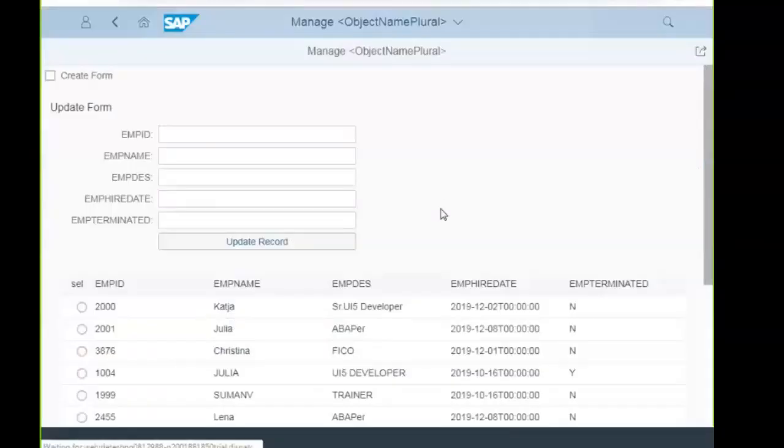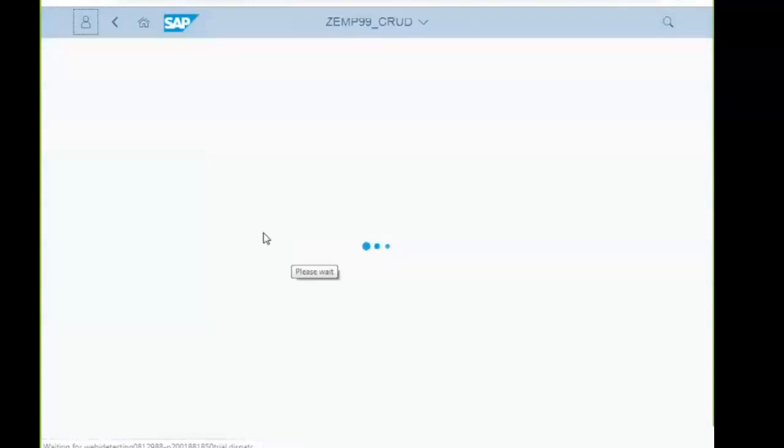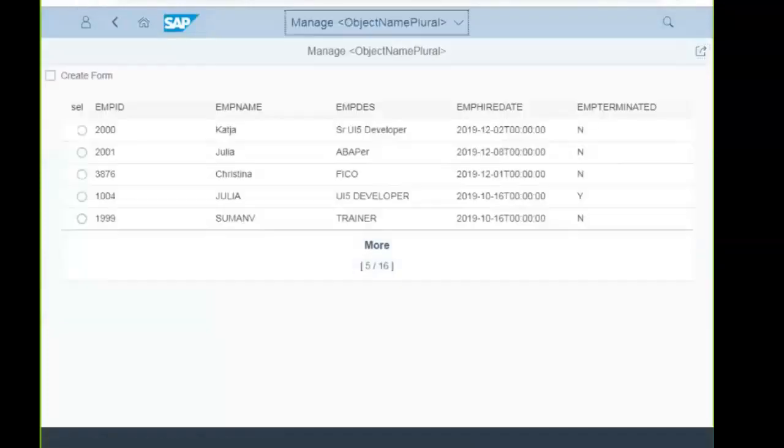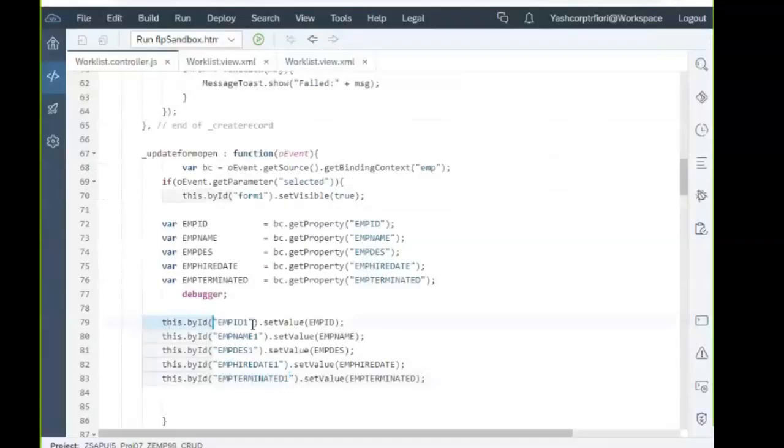Which declaration? You can do it. Actually, get the code like this.